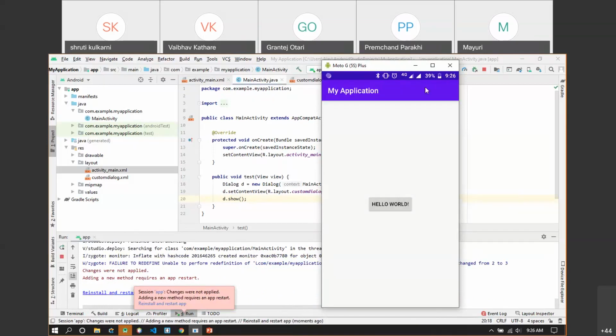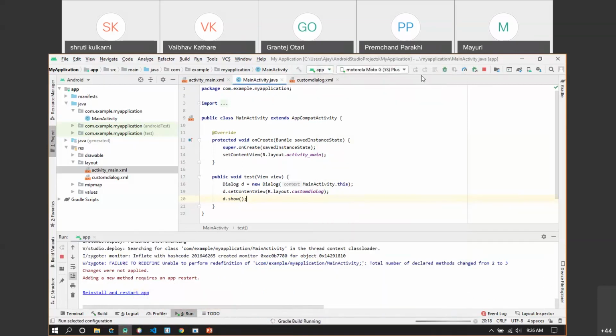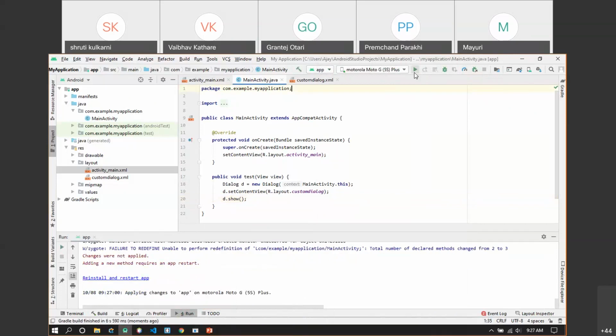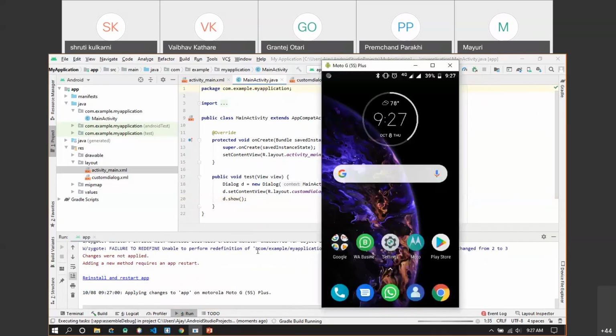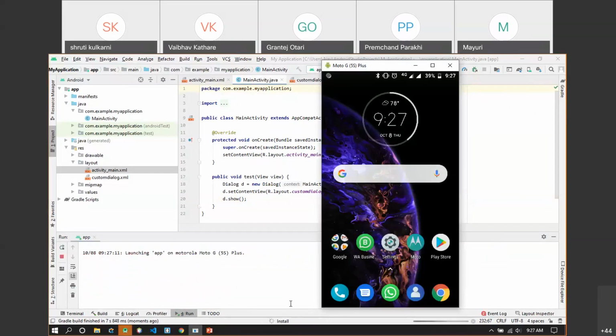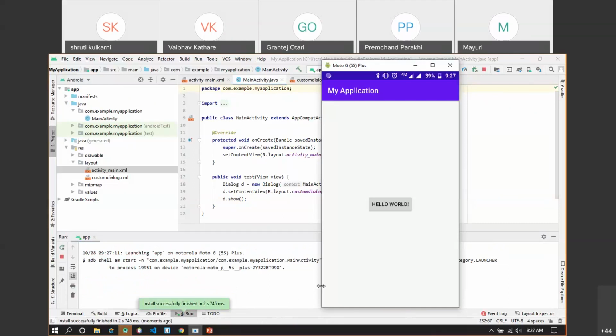So we need to restart the app. It's saying you have made major changes, so you need to stop this app and restart it again. So let's restart the app. Yeah, as you can see, it's installing the app and the app is launched.